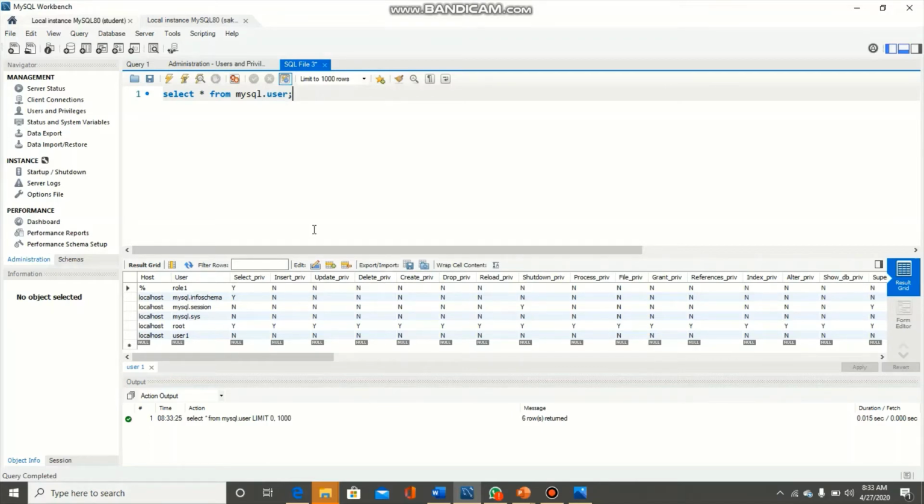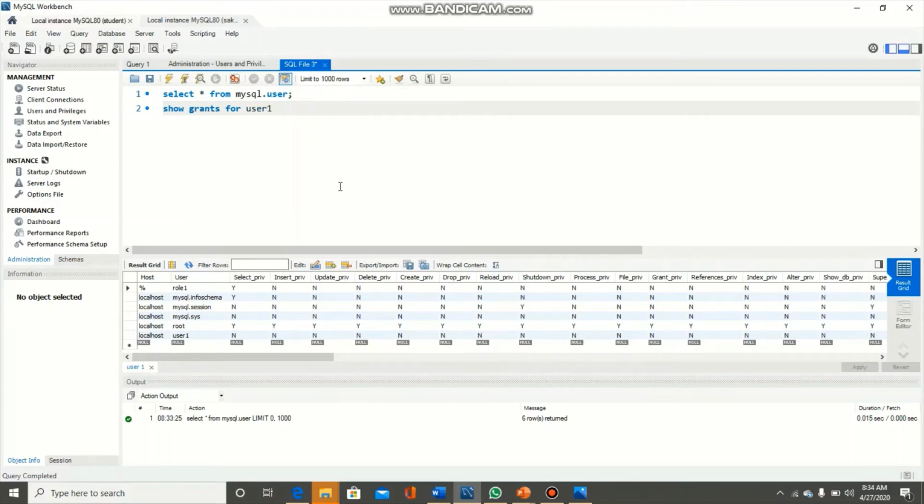Now I want to check the grants for user1. So here I am going to type show grants for, the name of user is user1, at, it lies at localhost.